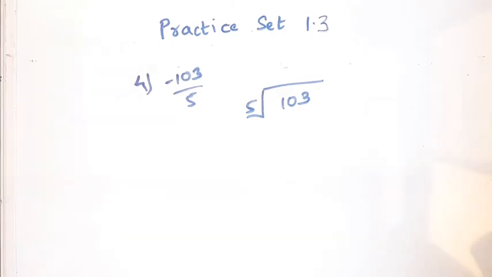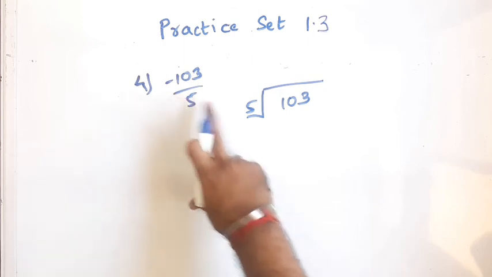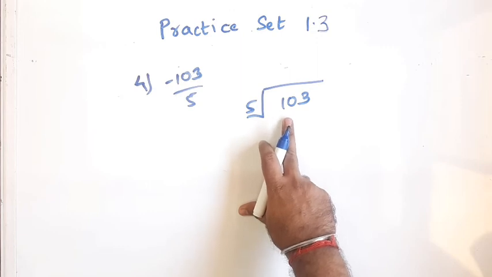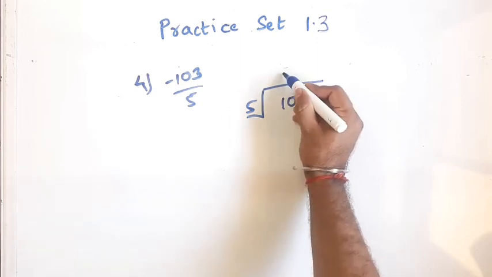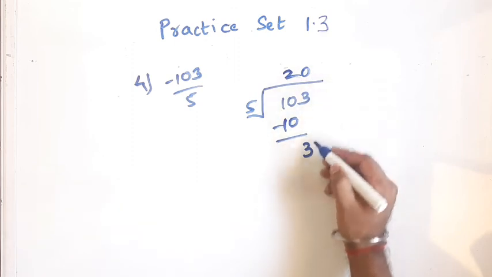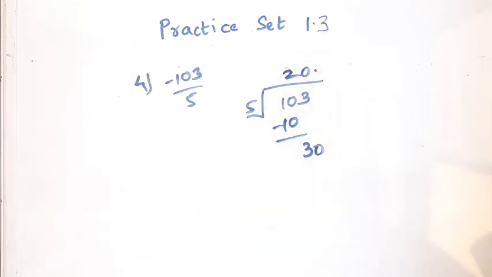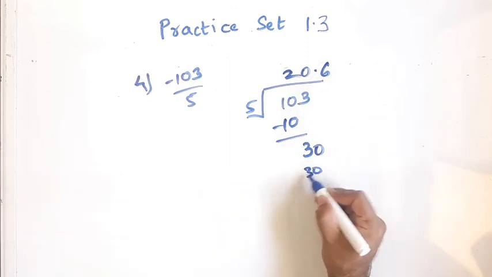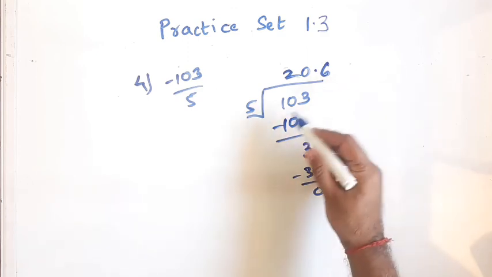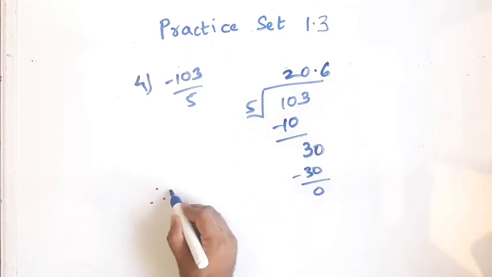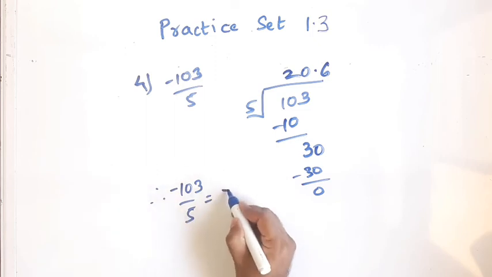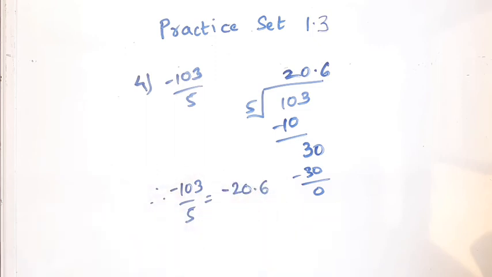If you observe, children, in the fourth one, 5 is the divisor and minus 103 is the dividend. I've not taken the minus sign here, afterwards we'll take it. So I'll just divide this. 5 2s is 10, 3 remains, 5 zeros are 0, I'll put a 0 here. Then 5 6 is 30. Now this is called a terminating decimal, meaning nothing is recurring, it terminates. So how will you write? Therefore minus 103 upon 5 equals, because it is negative, you will put minus 20.6.